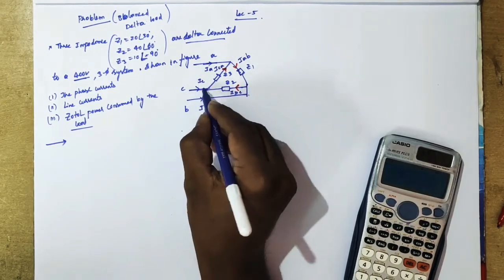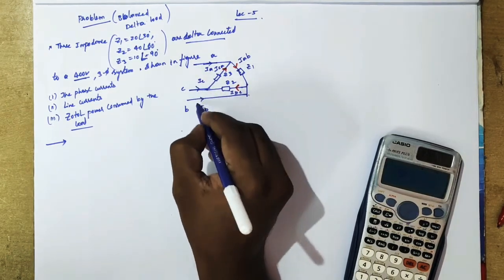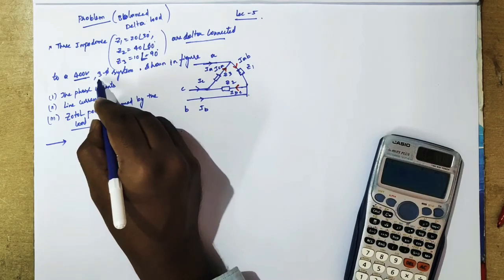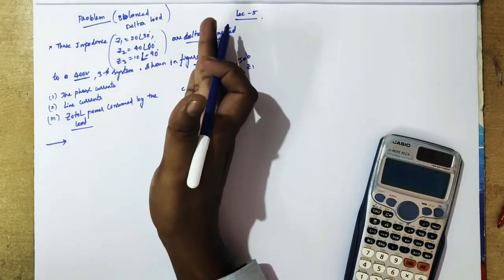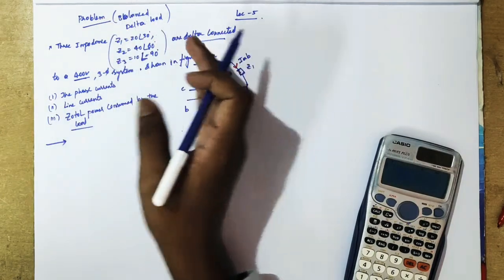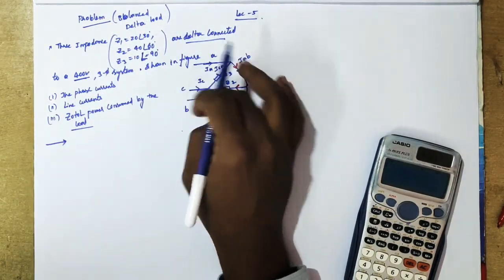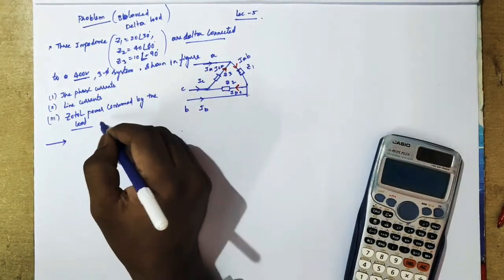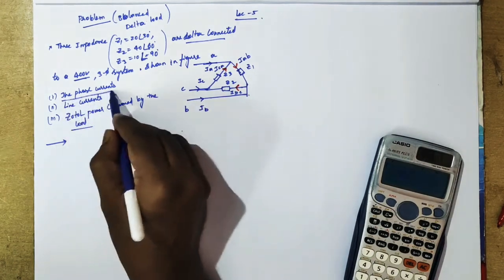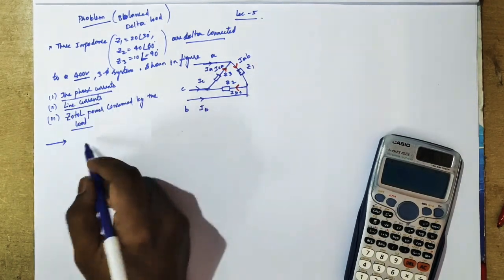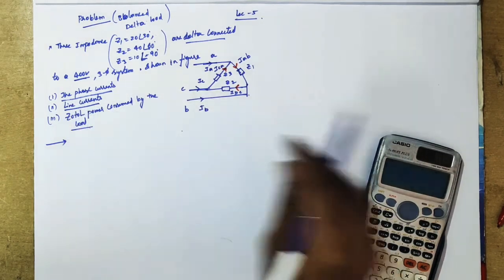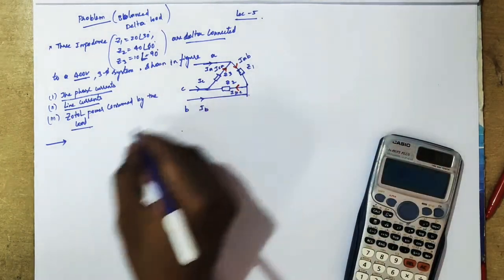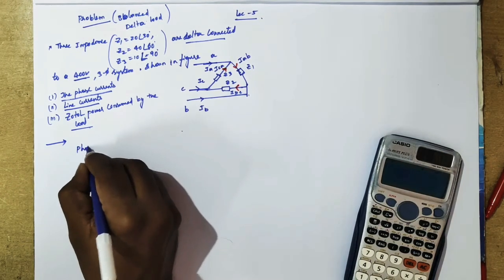The line voltage between these two is 400 volts and between these two is 400 volts, a three-phase system, as shown in the figure. Actually there should be a source here, but in spite of the source we have just kept only the load here. And we are asked to find the phase currents, line currents, and total power consumed by the load. Here, what we need to find first is the phase currents.